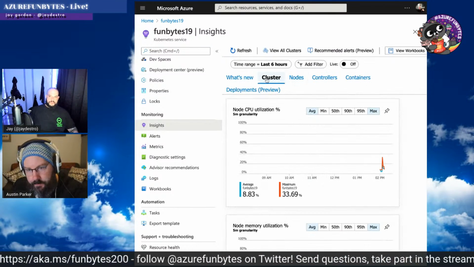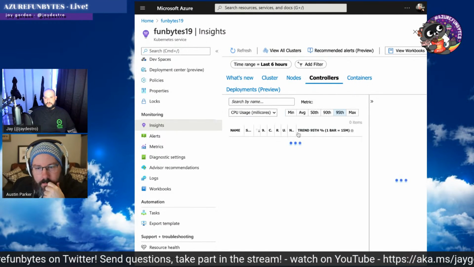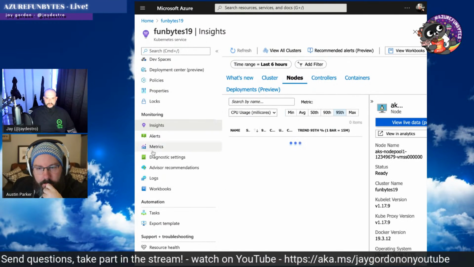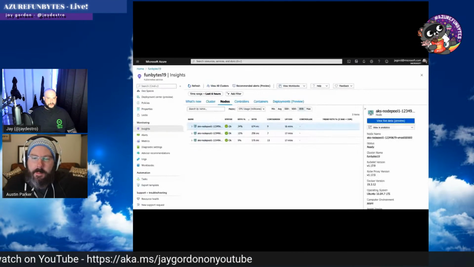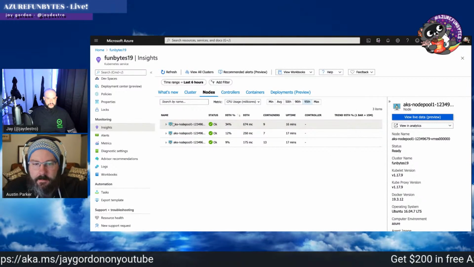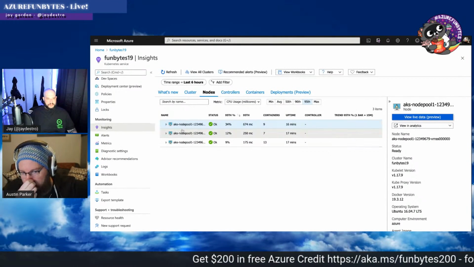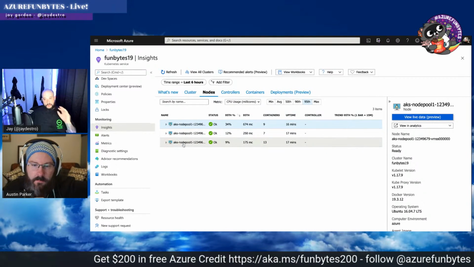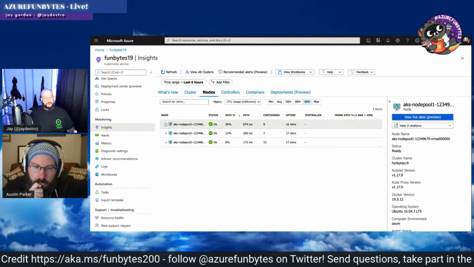We get information about clusters, nodes, the controllers, and if we go actually into the nodes, and I think that's probably the most interesting part here, what we see is there are 3 individual virtual machines. These 3 virtual machines are essentially managed by a control plane called Azure Kubernetes Service.